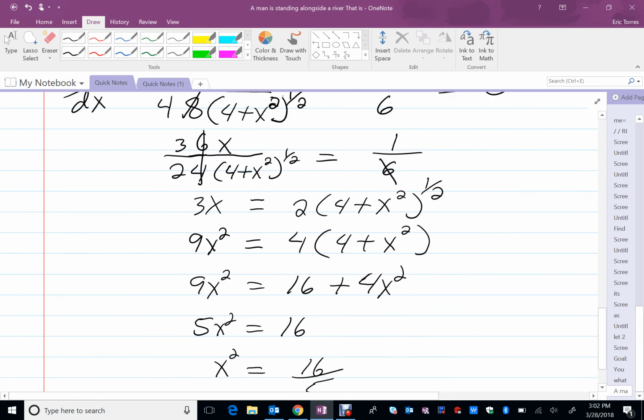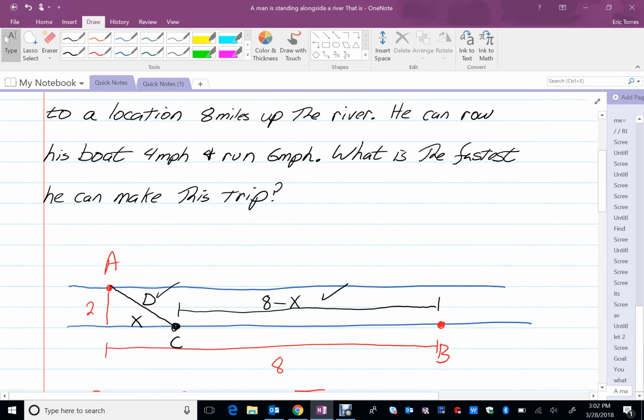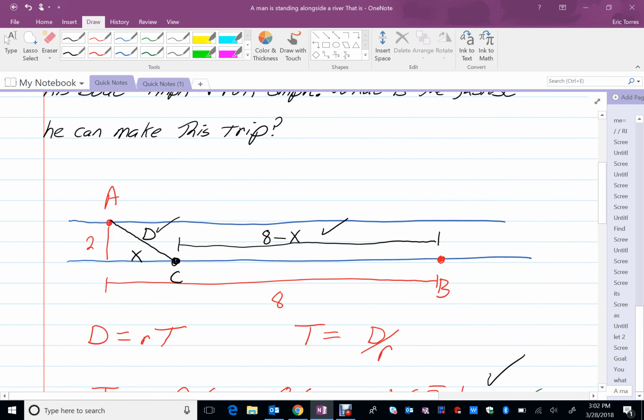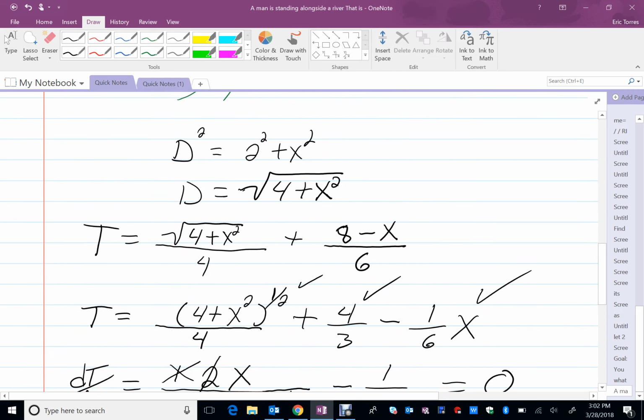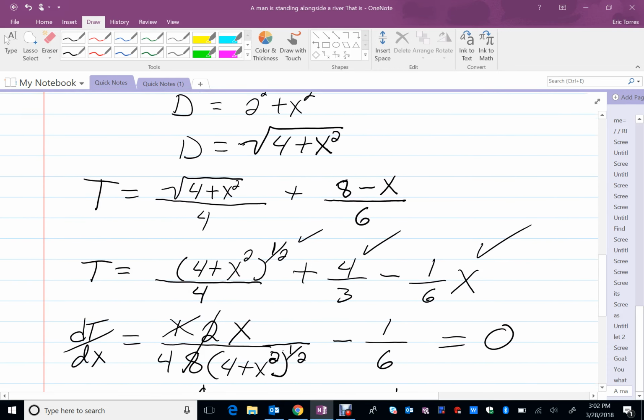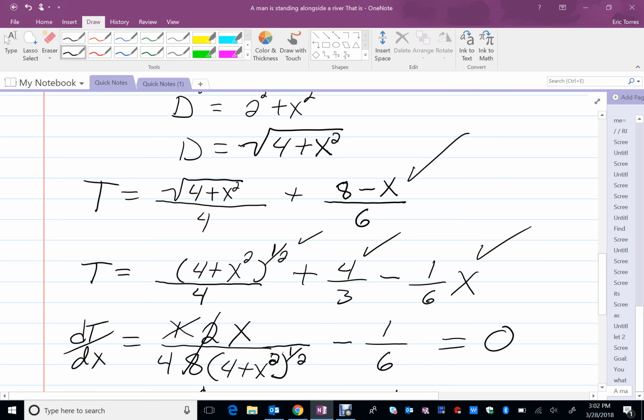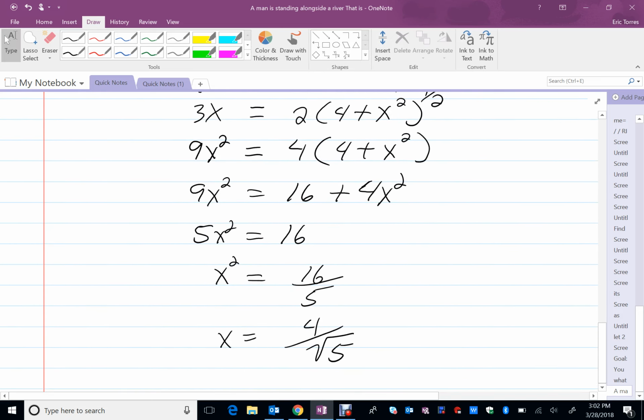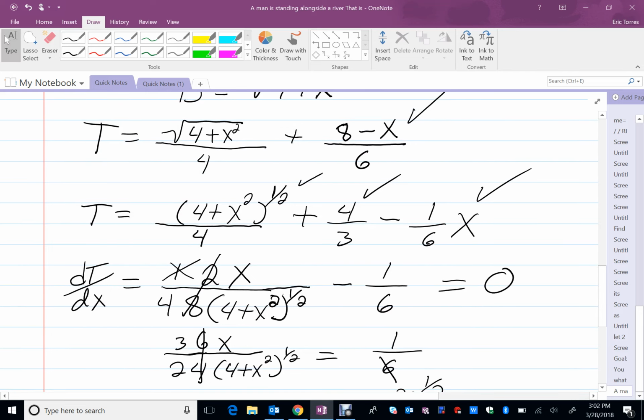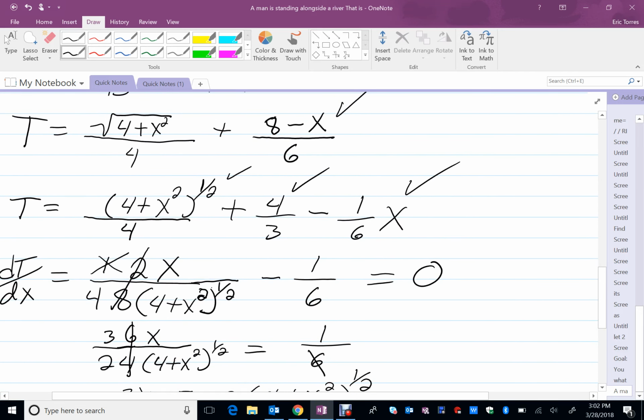So the question was, let's just back up to that. What is the fastest he can make this trip? So I have a formula for that time. I have a critical number of 4 over the square root of 5. I'm going to plug it in to that formula right here. Let me highlight the formula I'm about to use. And I'm using it with the critical number that we just located. So always back to basics. Critical number